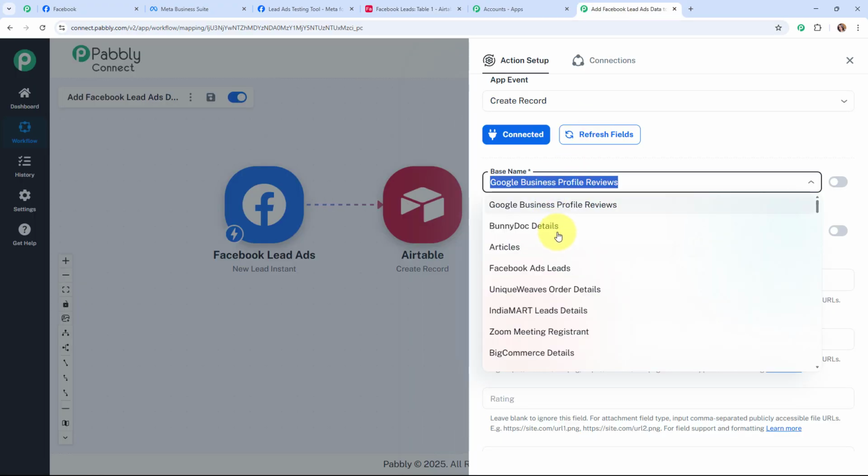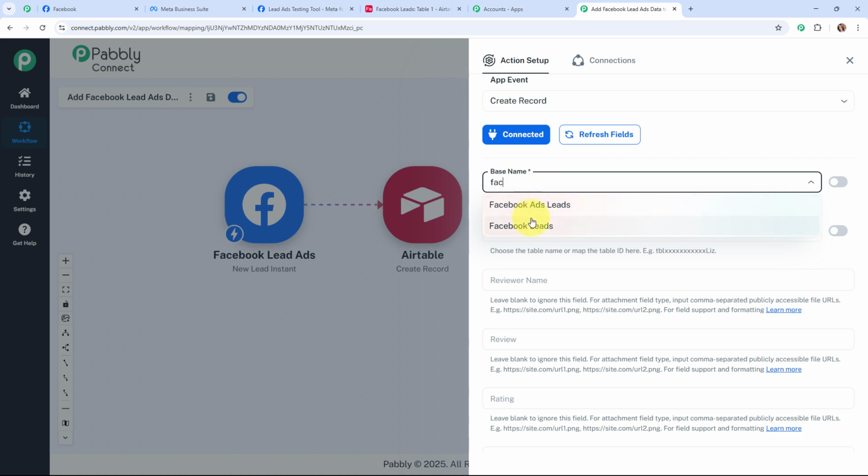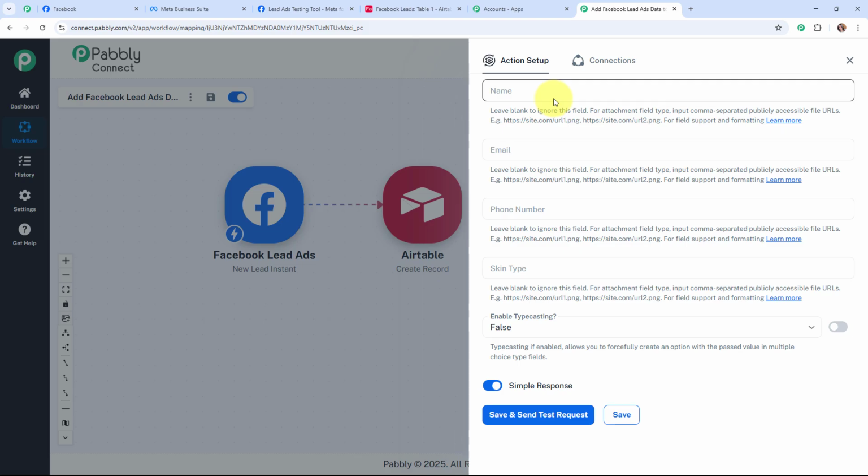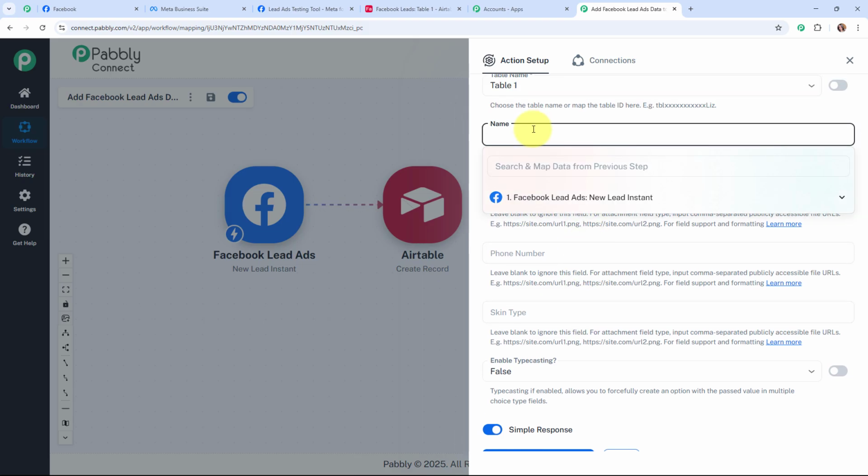So I'm going to select that particular base name over here. So I'm going to search for the base name. So this is my base name, and here for the table I'm going to select table 1, and then here it is asking me for the name, email, phone number and the skin type. So now here, instead of entering these details manually, I'm going to map the data. Mapping data means insert data from previous step. That means here I'm going to map the data from the response that I received in my trigger step